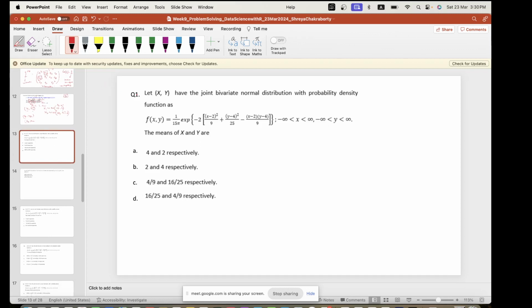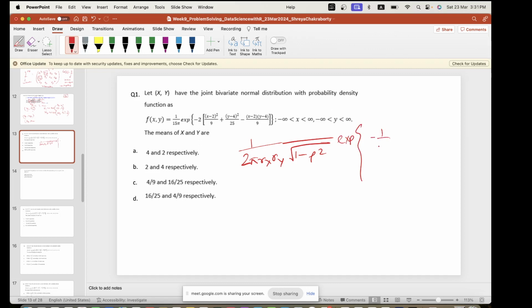So let's say we have the joint bivariate normal distribution with probability function given like this, and we are to find out what are the means of x and y. In order to do that, we'll first try to map it with the standard form of a bivariate normal distribution. So a bivariate normal PDF looks like this: 1 by 2 pi sigma x sigma y root over 1 minus rho square, e to the power